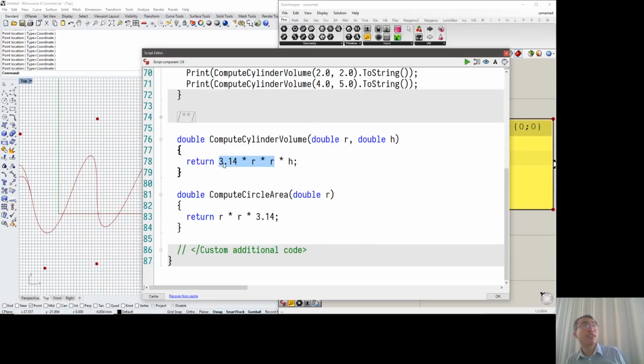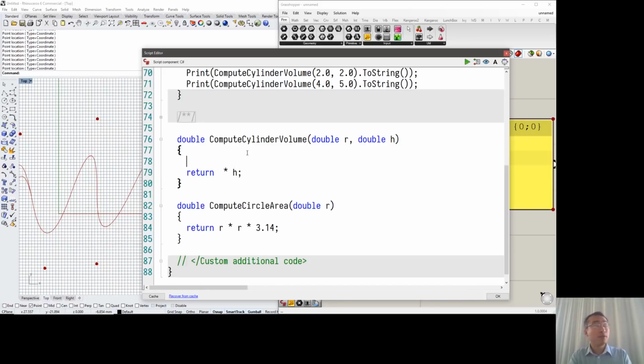So instead of rewriting the same math, I can reuse the math I've established earlier on. So I would say return. I can do it in 2 lines here slowly. So I can invoke the compute circle area function. I pass in the value, and the value comes from this one. So my parameter is going to become the argument of this child function. This one will return a number, which is the area, so it's called base area. And then I multiply the base area with